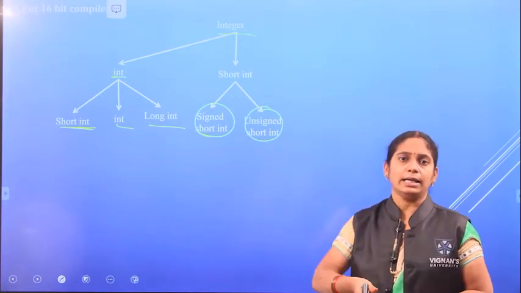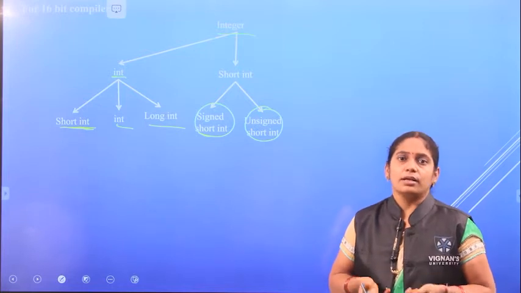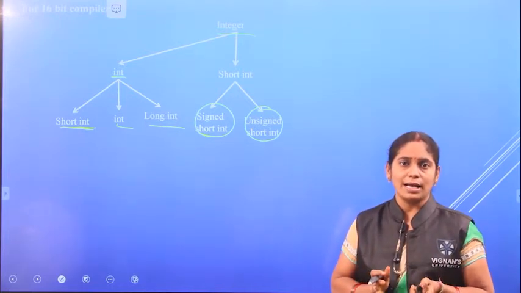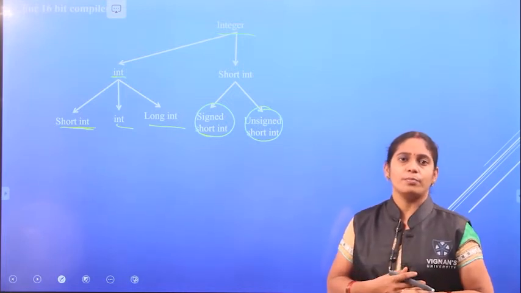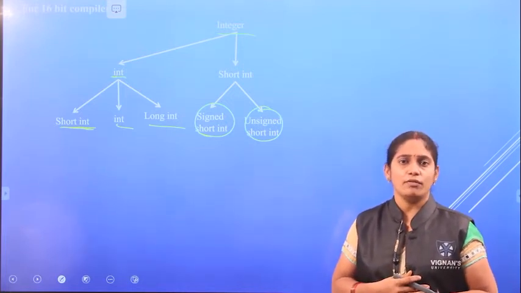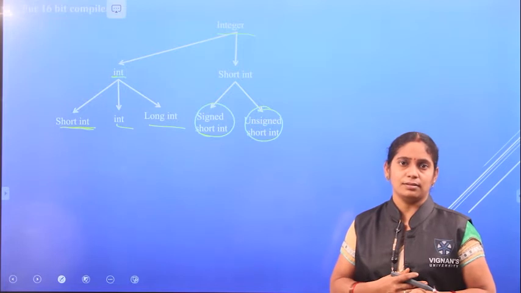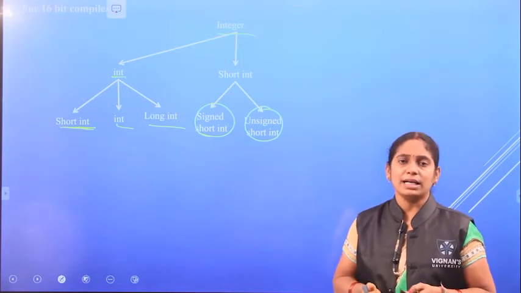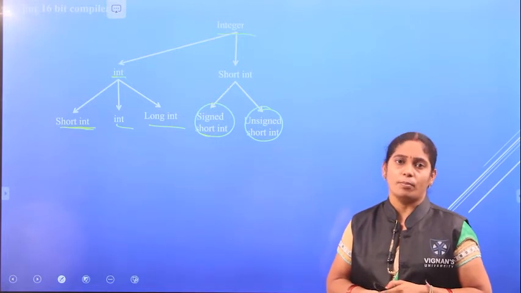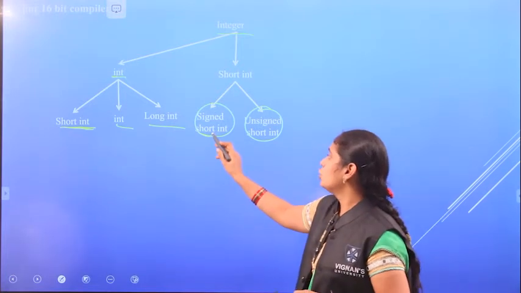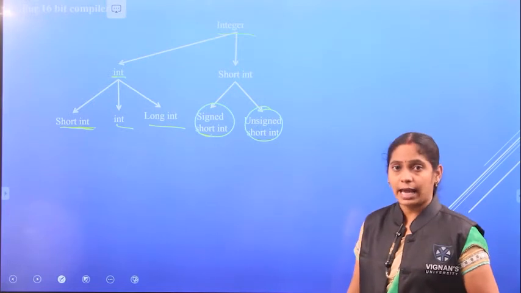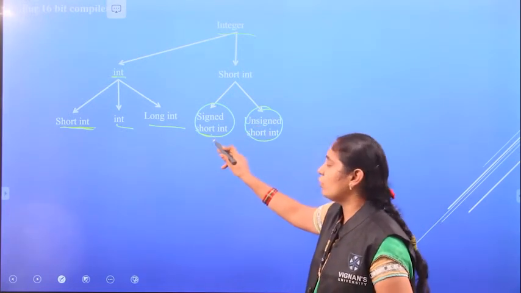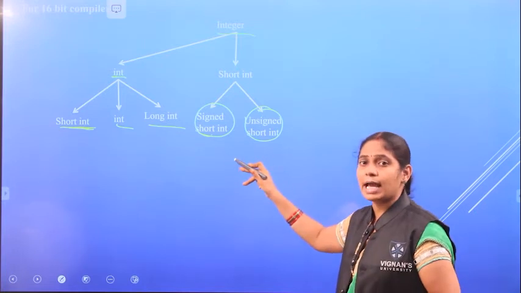Like in the character data type, as we discussed, if it is only positive, then we call it unsigned form. Sometimes there is a need of representing the sign. In such cases, it will be considered as signed form. So two different forms we have, signed and unsigned. So the short int has two forms, signed short int and unsigned short int.